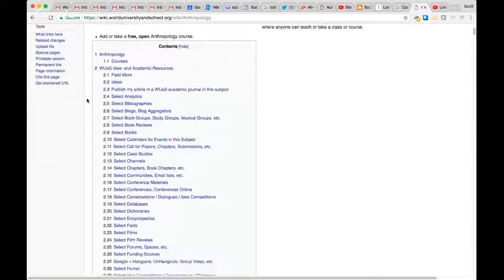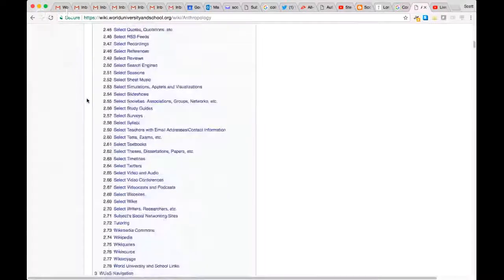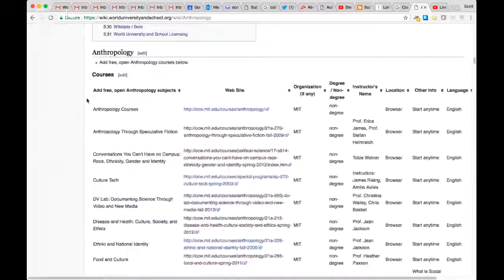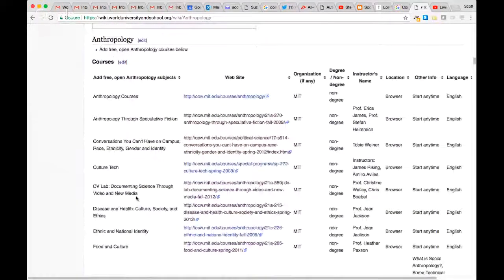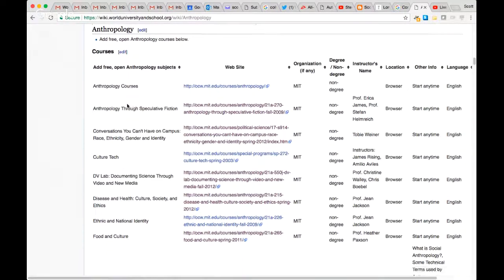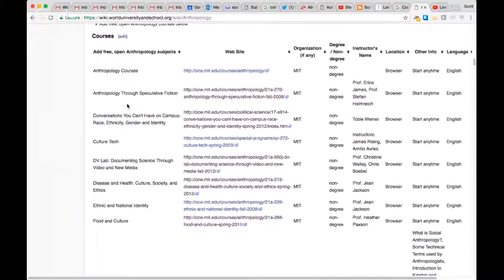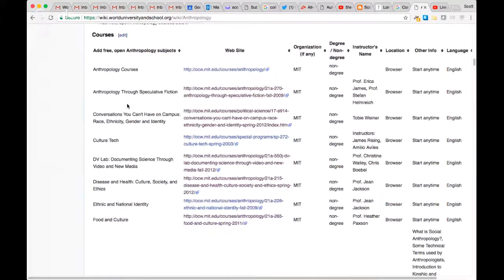At the top of every wiki subject page is an opportunity to add courses. And because World University and School.org is MIT OpenCourseWare centric, Massachusetts Institute of Technology OpenCourseWare focused, there are many already existing MIT courses here in anthropology.